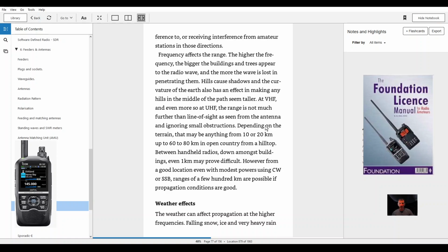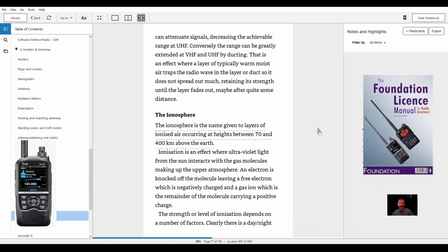Weather effects. The weather can affect propagation at higher frequencies. Falling snow, ice, and very heavy rain can attenuate signals, decreasing the achievable range at UHF. Conversely, the range can be greatly extended at VHF and UHF by ducting. This is an effect where a layer of typically warm, moist air traps the radio wave in the layer or duct so it does not spread out much, retaining its strength until the layer fades out, maybe after quite some